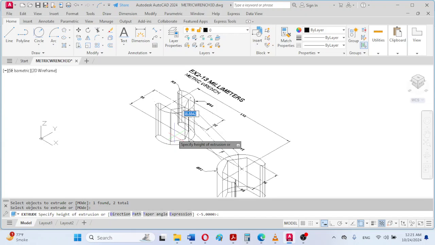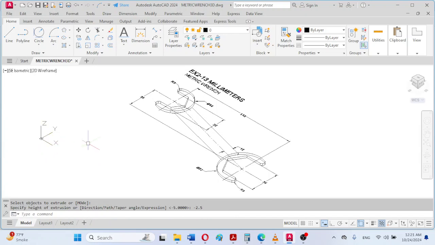can type, for example, as we can observe that the positive Z direction is upward. So if we type the negative value, the depth will be added in the downward direction. So for example, we can type minus 2.5, that half the thickness is added in the downward direction, and the half will be added upward. So to